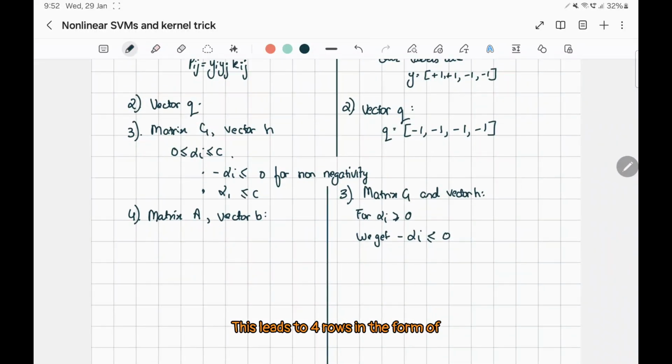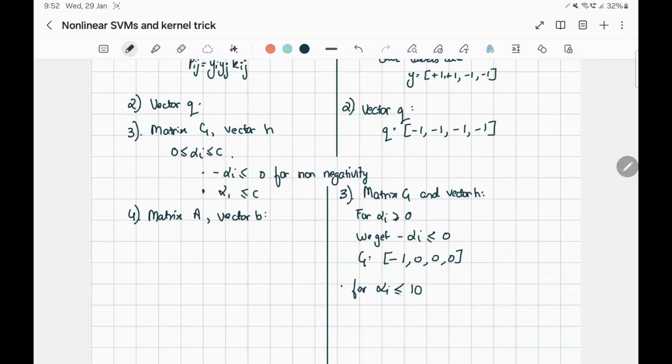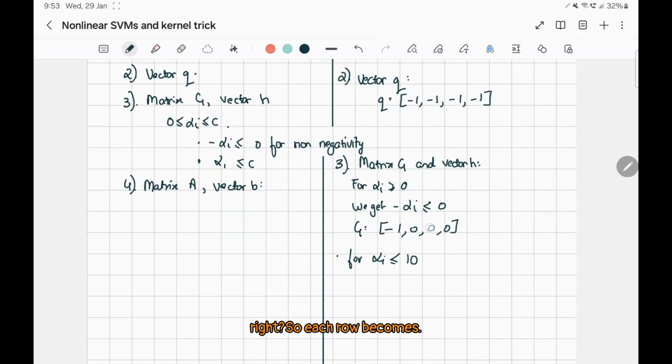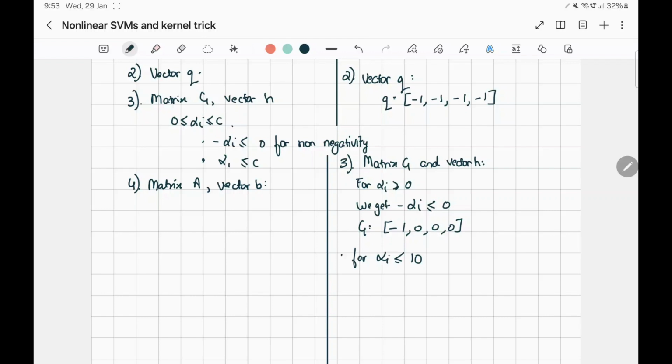This leads to 4 rows in the form of, and for the other constraint we get alpha i less than 10, right? So each row becomes